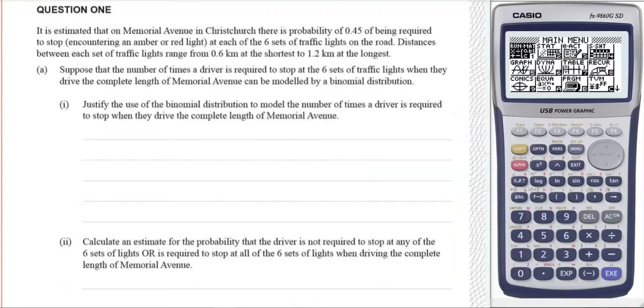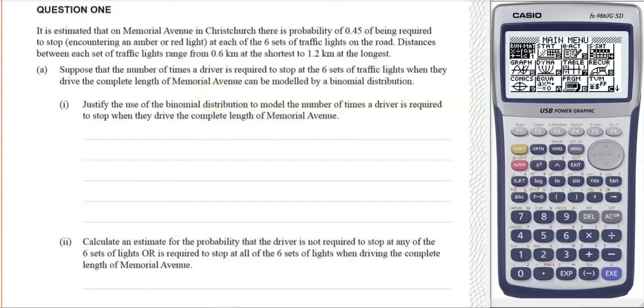So for question 1, we have the situation of stopping at some lights along a stretch of road. We've got 6 lights and we need to justify the use of the binomial distribution. Now those keywords there mean that you're explaining why the binomial distribution fits this situation, and we will use our